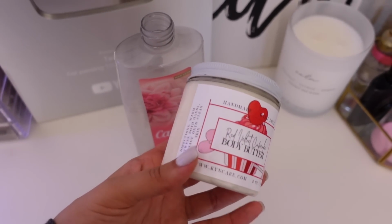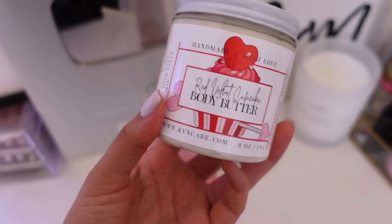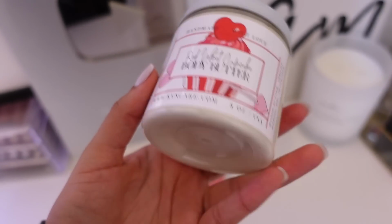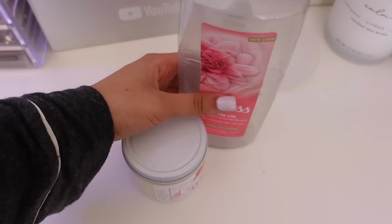And then, this is what I have on for body butter. So this is the Red Velvet Cupcake from Skincare. It's a really good brand. Look, that's the website. I'll link it below as well. They sell handmade items and it just smells like chocolate, and these 2 together just make you smell really